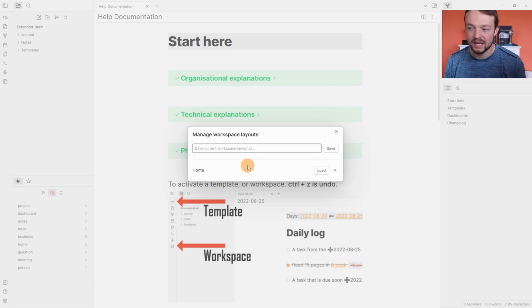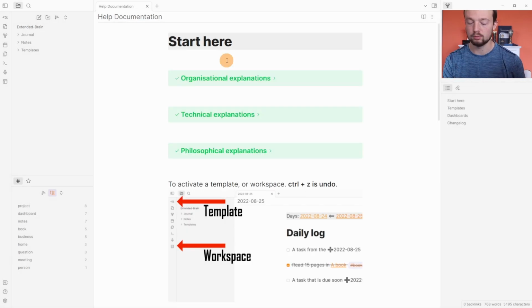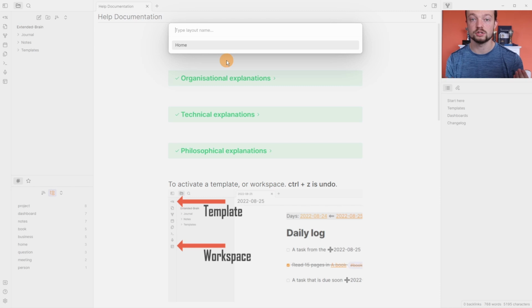You can add as many workspaces as you want. You can customize the workspaces by moving pages, panes, adding pages, adding tabs in the new 0.16 plus versions. And because almost every action in Obsidian can be added to a hotkey, you can load a workspace through a hotkey and search it through the workspace menu. So from my keyboard, Control-Shift-O,